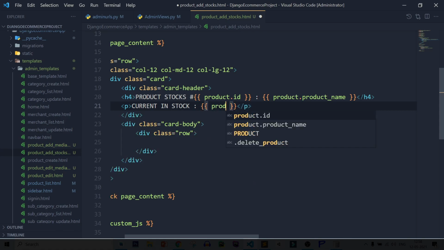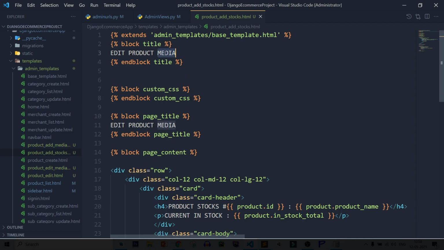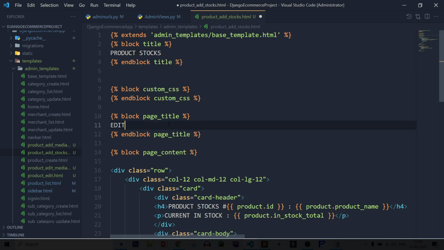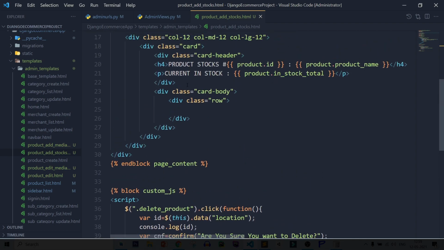So product dot in stock total, save this file, product stocks, product stocks, save this file. Now let's check if it's working or not.